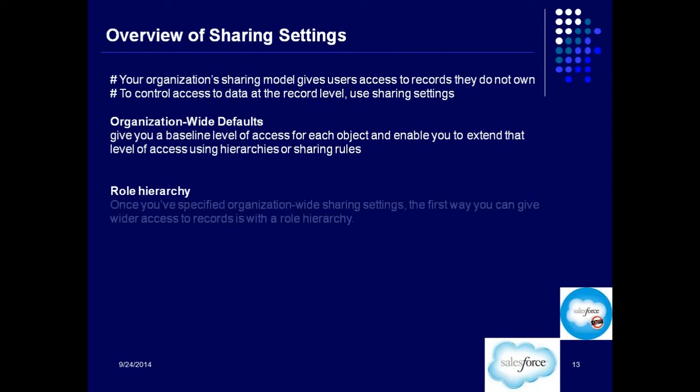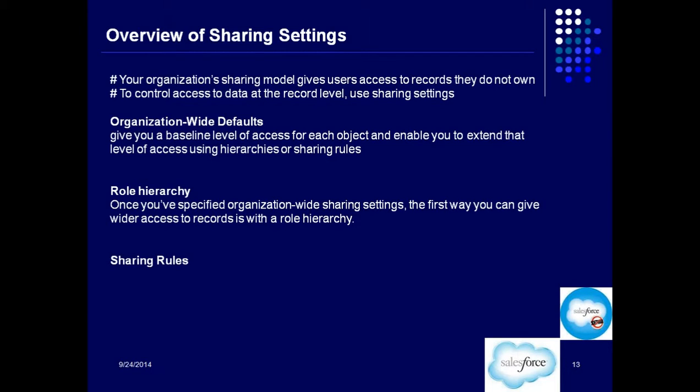Then there is another thing for us, that is the role hierarchy. Role hierarchy is basically a type of hierarchy that we can define in Salesforce. Why is this role hierarchy required? Sometimes you want to give access to your managers, or to the manager of a user. For example, though the data is private, the manager should still see it. Other people at the same level should not see that data. Let's say I'm working on a case and I don't want people working at my level to see that, but my manager needs to see which case I am working on. For that, the role hierarchy option is there.